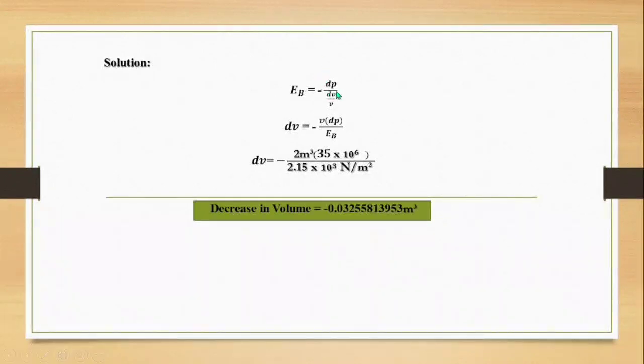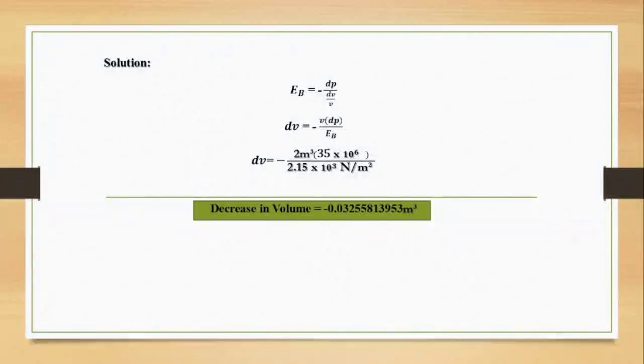E_B equals the change in unit pressure over the change in volume over unit volume. So dV equals unit volume times change in unit pressure over E_B. Substitute: the unit volume is 2 m³ times 35 times 10 raised to the power of 6 over 2.15 times 10 raised to the power of 3